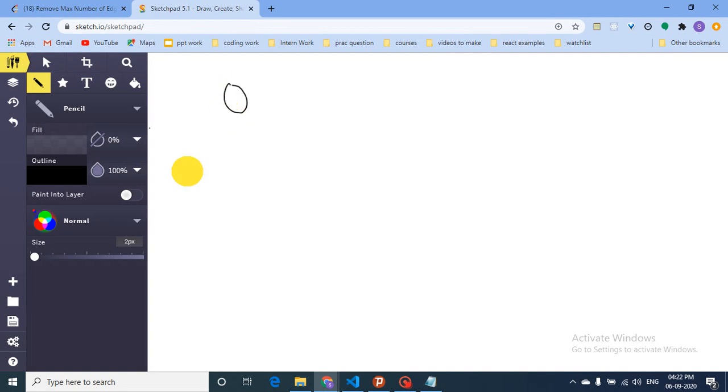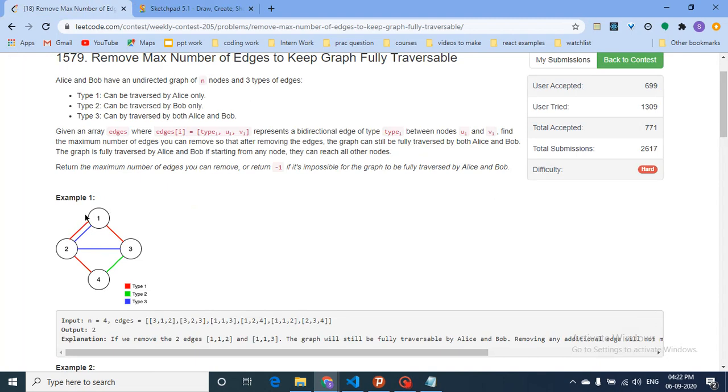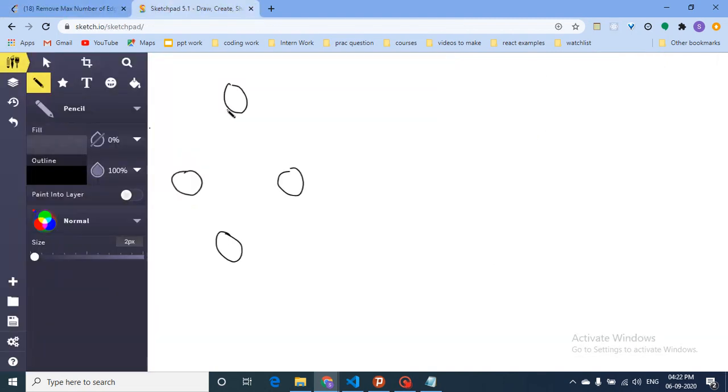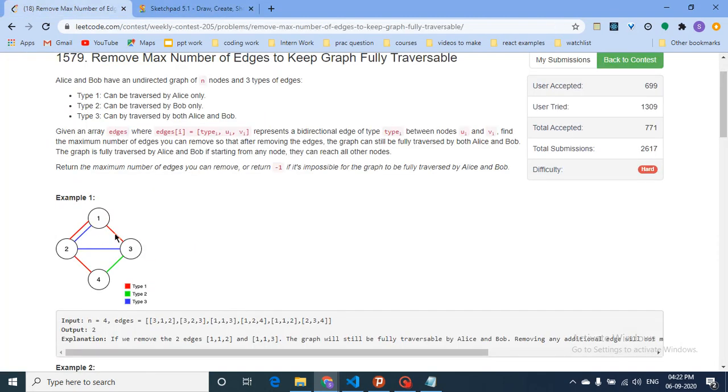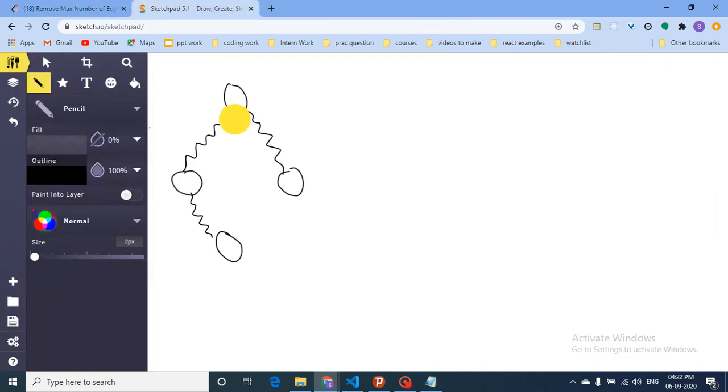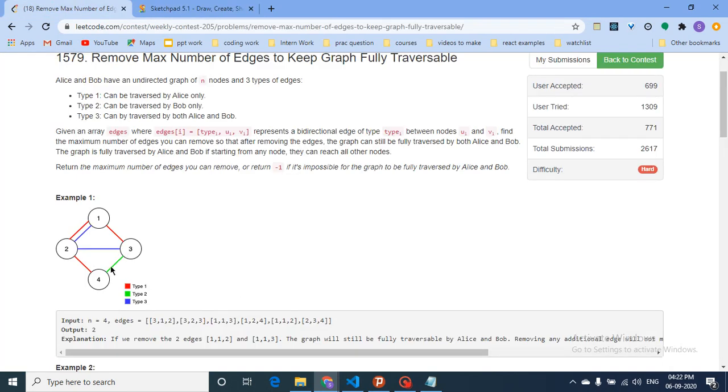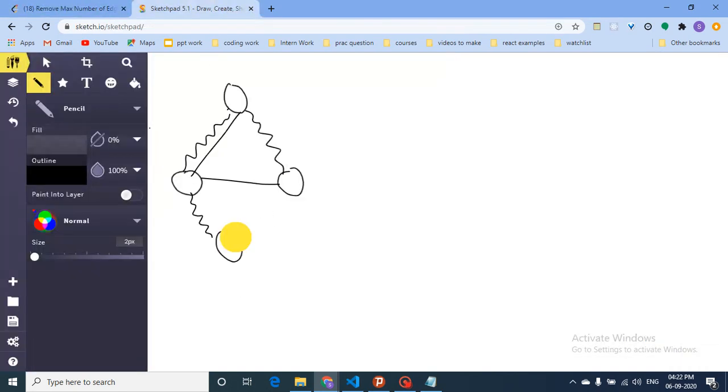So what you can understand in this question is, let's draw this graph to make it even more clear. Let's assume that I am not numbering this out. Let's draw out these 4 nodes. I will denote the red edges in this fashion. There are blue edges, which I will denote by straight lines, and there are some green edges, which I draw like this.